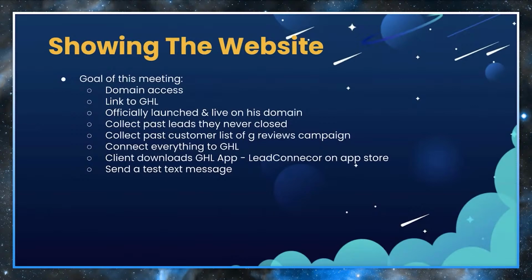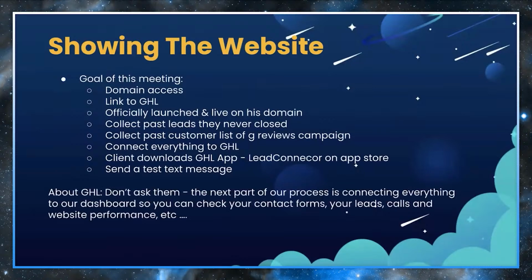And you can show them, hey, this conversations tab, all your Facebook messages, all of your Instagram messages, they're all going to go here. No longer have to open up 10 different apps to send messages. And then also on that onboarding, you want to send a test text message so they see that this is real and they can see that in real time. Type something in, hit send, it'll go to their phone, they'll respond, and they'll see that it happens in real time and appears in the dashboard. They just love it. It's kind of common sense for us that this works, but if it's the first time they're seeing it, they're going to get excited about it.